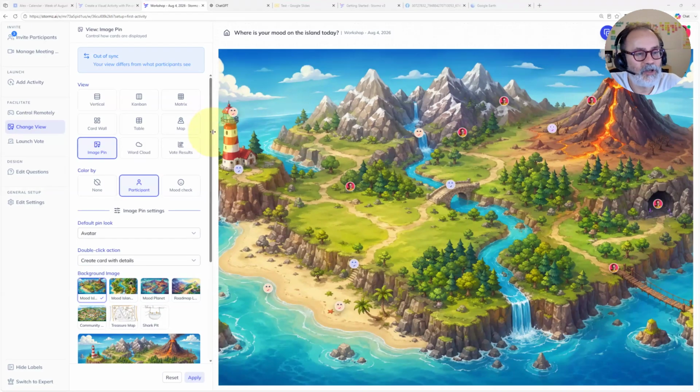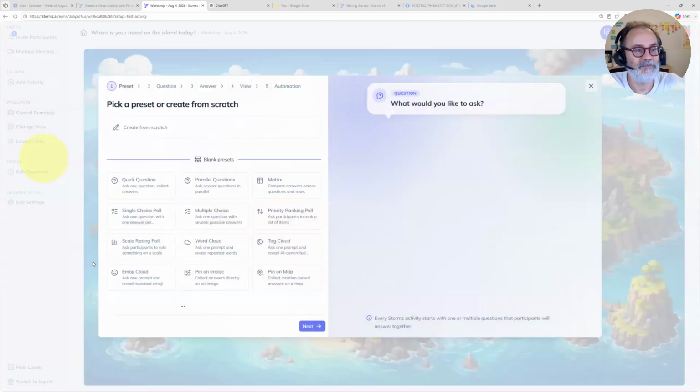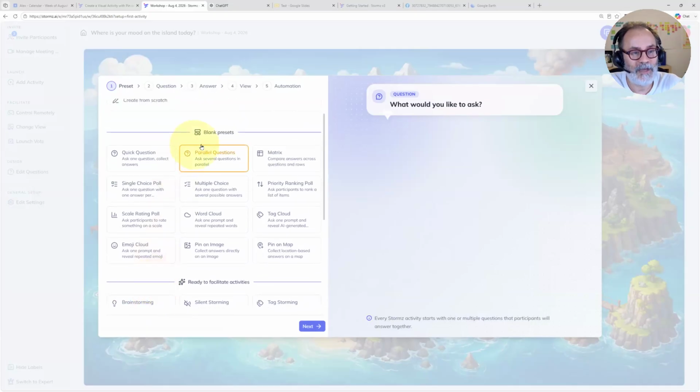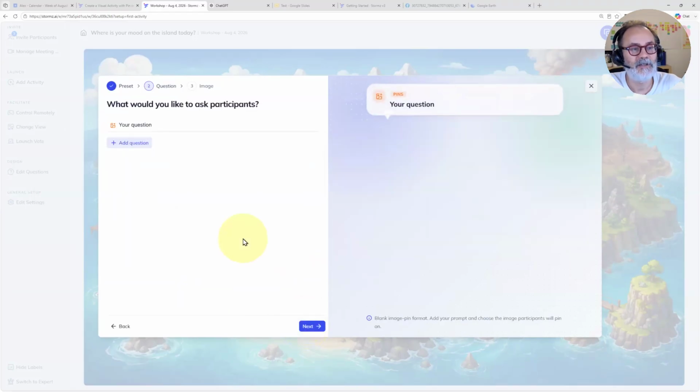Okay. So we're going to add a new pin on image activity, but this time, let me show you. I click on add activity. And this time, instead of picking the preset where everything is done for us, we're going to do the blank preset. So pin on image. This is the preset where we know that we're going to use this view. But when I click on next, now